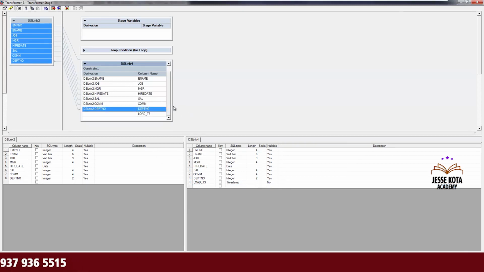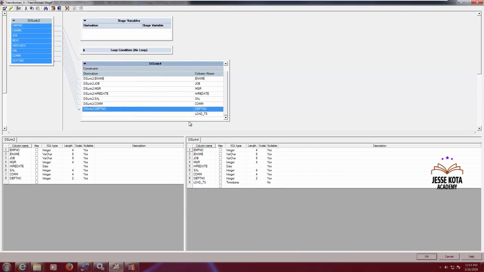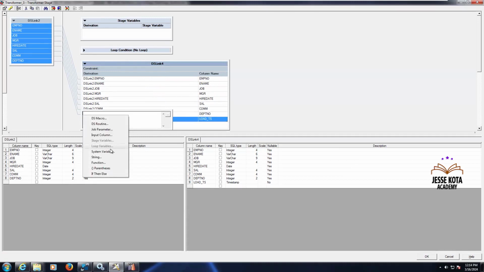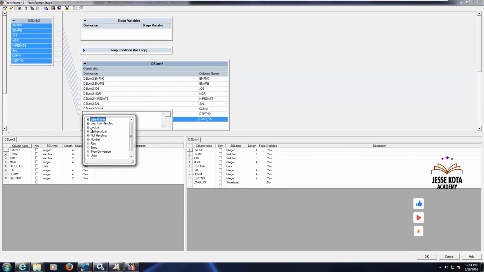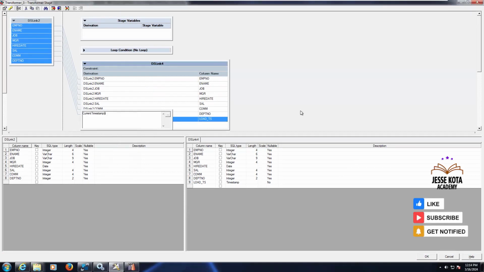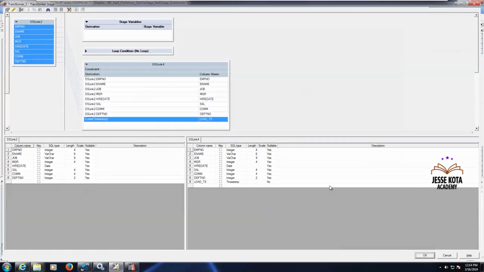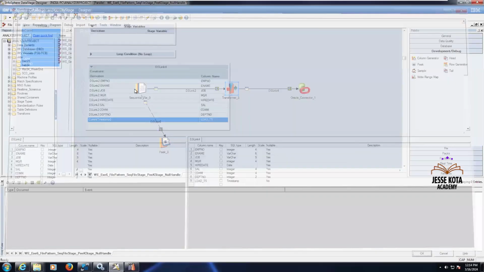So here you can see the column name empty, right? Now let's enter the string date time, current timestamp. Okay, so click on open. So now here we have set the nullability,